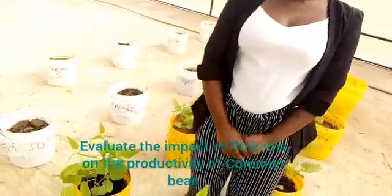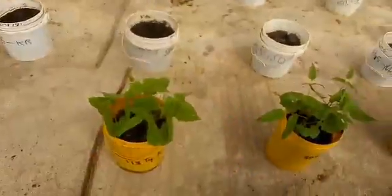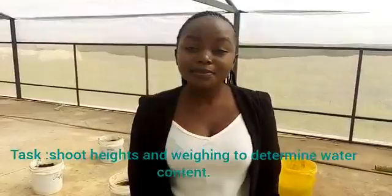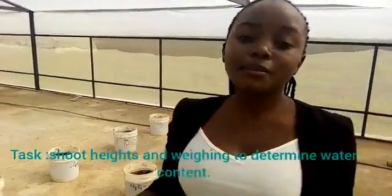And this morning we're in the greenhouse working on our objective 3, which is to evaluate the effects of rhizobia on the productivity of common beans. And to do that, like we mentioned, we'll be looking at the chlorophyll content, the shoot biomass, as well as shoot height. This morning we're going to be taking measurements of shoot height. We are also going to be checking our plants to see how much water has been lost, so that we can determine how much water needs to